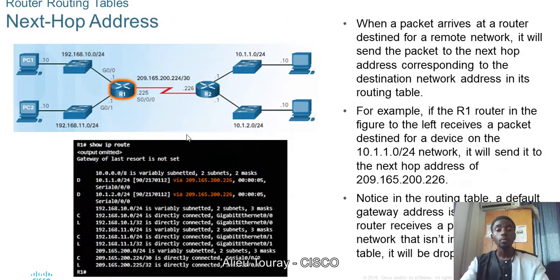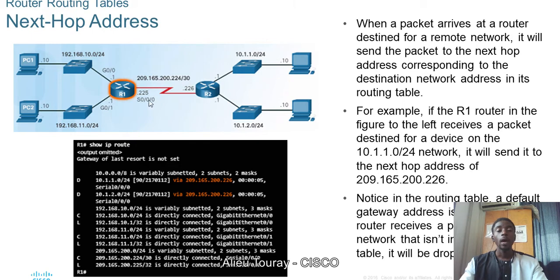I'll explain this one in our subsequent videos where we're doing practicals. You'll understand this more from that. So when a packet arrives at a router, how does the router get to the next hop? The next hop IP address is the neighbor's IP address. It is very important that you pay attention. If you have questions on this one, ask me, because in our semester 2 these things will come, and if you don't understand, it will hurt. The next hop is the neighboring router's IP address within the same network.